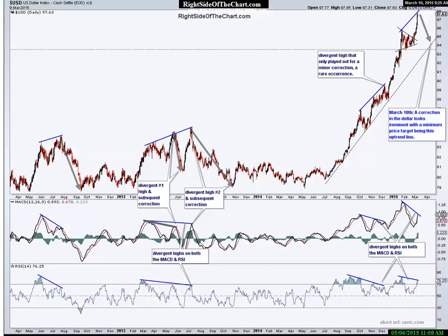Dollar daily chart. Now, this chart we're looking at here is from the post back on May 10th. All the charts are time stamped. You can see it in the upper right hand corner. So this is the chart originally posted back on May 10th when I was calling for correction in the U.S. dollar, post titled Correction in the U.S. Dollar Imminent. And of course, the dollar, as we all know, did go on just shortly after that. Dollar topped, and we've had our, by far largest correction in years.